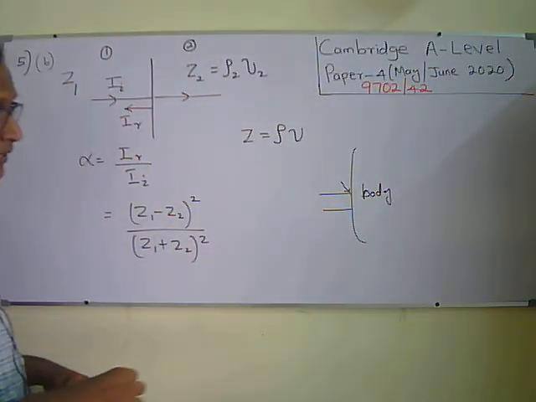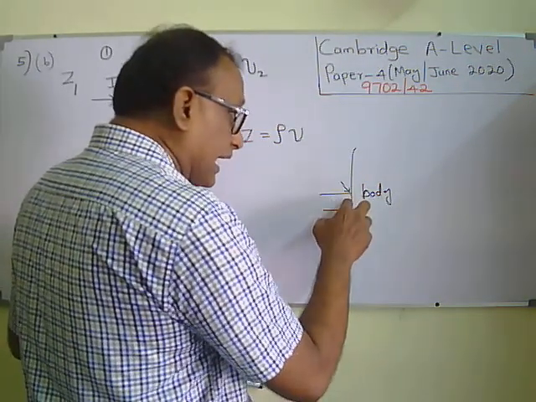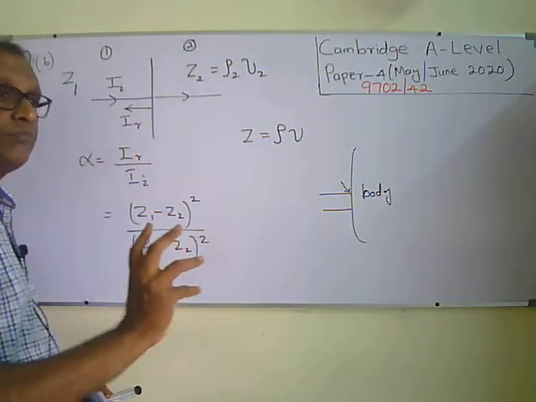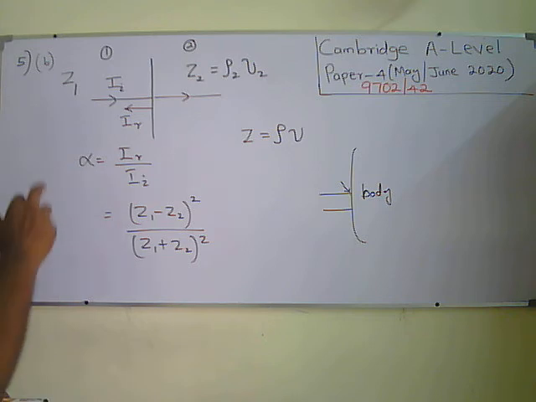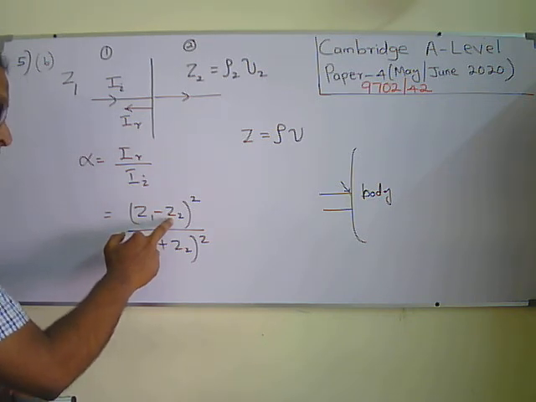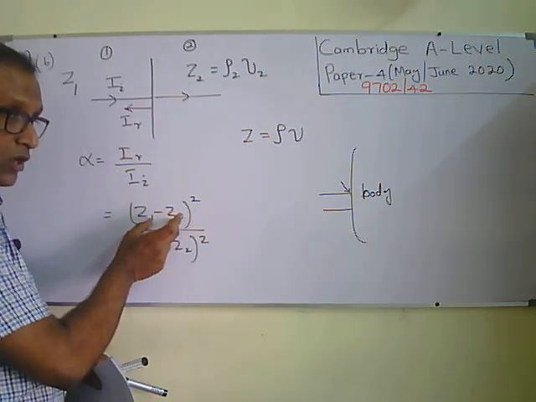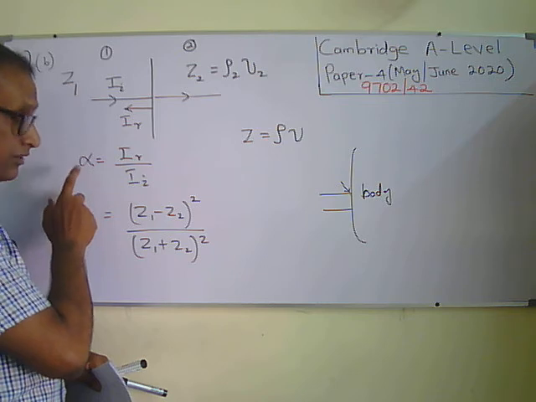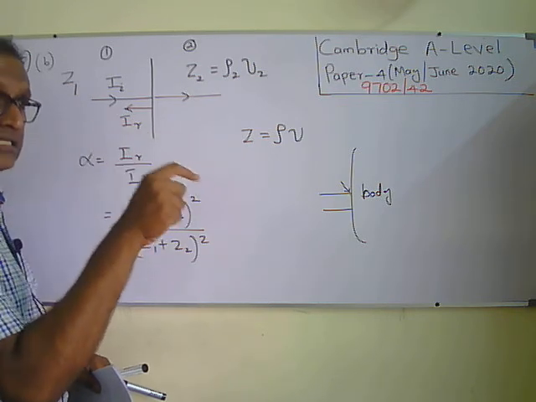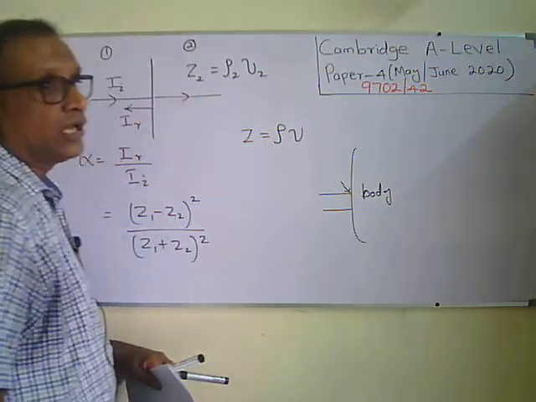So we normally put gel here. When gel is put, what happens? The gel and the body have almost the same acoustic impedance, so the reflection will become small. Almost the same acoustic impedance for gel and body means this quantity will become smaller, so alpha will become smaller. Alpha becoming smaller means IR, the intensity of the reflected ultrasound, will become smaller. So most of the ultrasound will penetrate into the body.